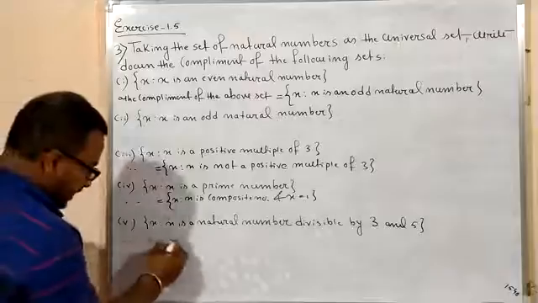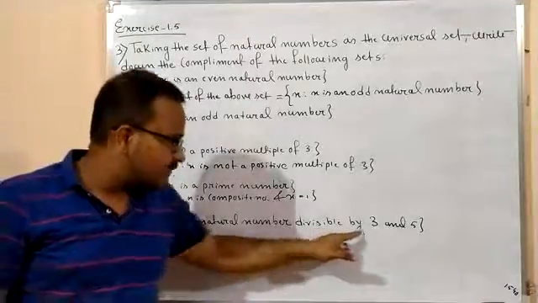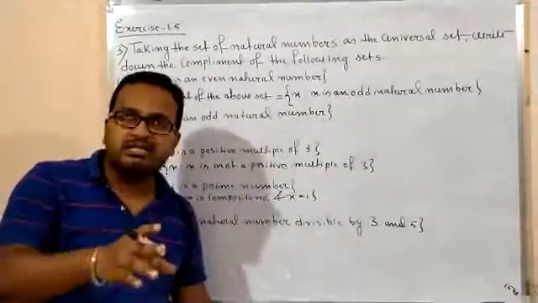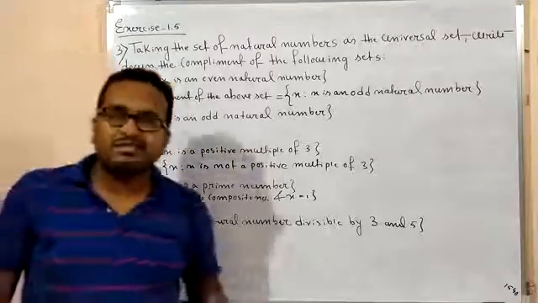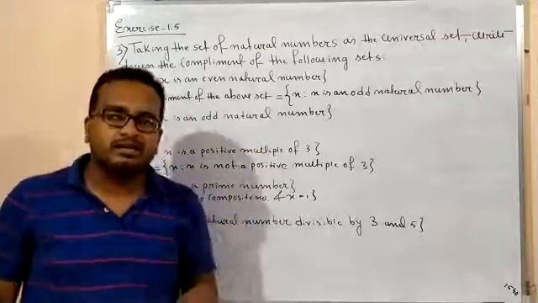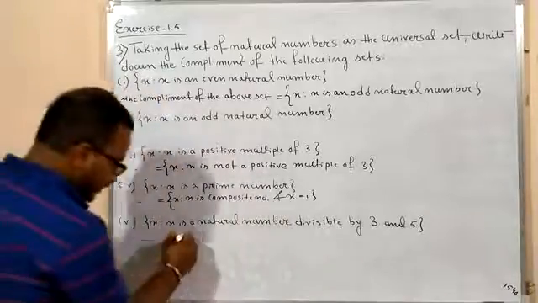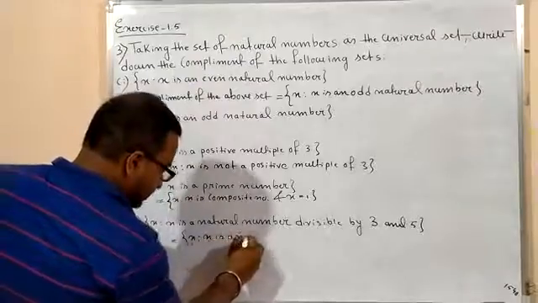Now you have to write this line again. Then therefore this implies X such that X is a natural number divisible by 3 and 5. The numbers like 15 is divisible by both 3 and 5, isn't it? 45 is divisible by both 3 and 5. 30 is divisible by both 3 and 5. Okay, so this will be X such that X is a natural number